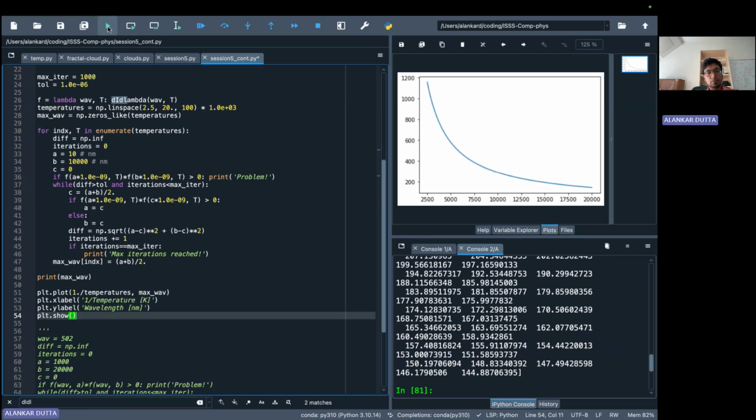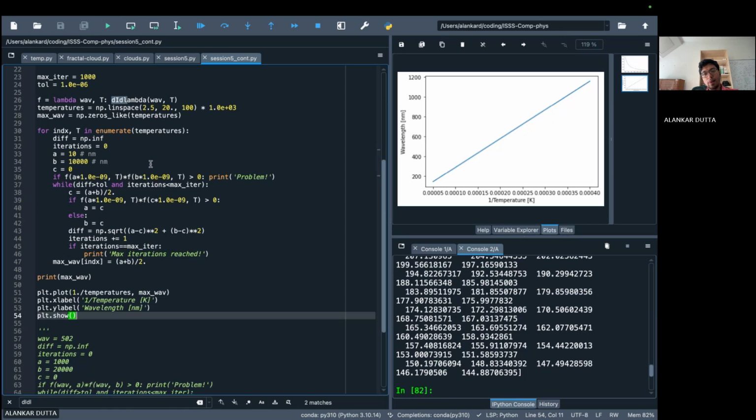So now let's see. Okay, so you see this with 1 over temperature and wavelength, I get a straight line. And this shows that there is a linear relationship between lambda and 1 over T, and the slope of the straight line is going to give you the value of the Wien's displacement constant, right? So to get just the value, we can do just lambda times T. So that will be simply